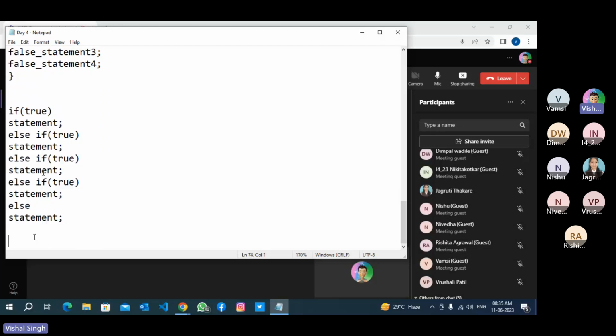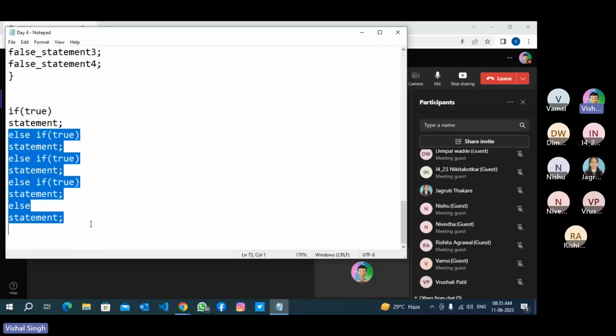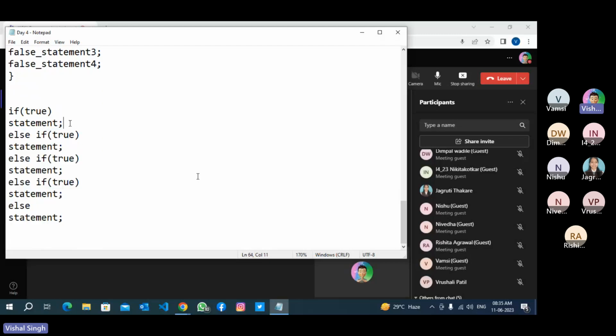So what is the meaning of this statement? If this if gets true, then this statement will be executed. Otherwise, this else part will be executed. If this if gets true, this statement will be executed, no other statement will be executed. But when this if gets false here, it means this else part will be executed. And inside this else, again we have another if. So again, if this if gets true here, this statement only will be executed and no other statements will be executed. But if this if gets false here,